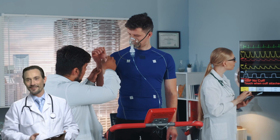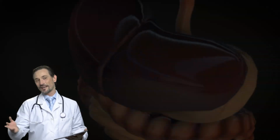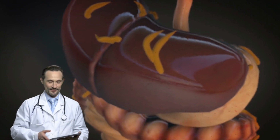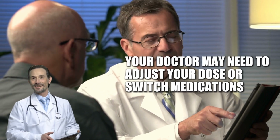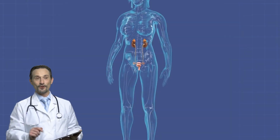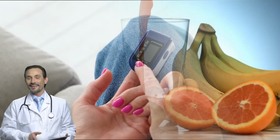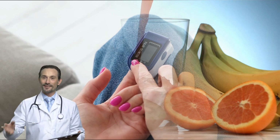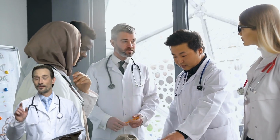Get regular kidney function tests to ensure your body is clearing metformin properly. If your kidney function drops below a certain level, your doctor may need to adjust your dose or switch medications. Stay hydrated and avoid excessive alcohol consumption, as dehydration makes it harder for the kidneys to clear metformin from your system. Consider natural blood sugar management strategies like berberine or dihydroberberine, which studies suggest may be just as